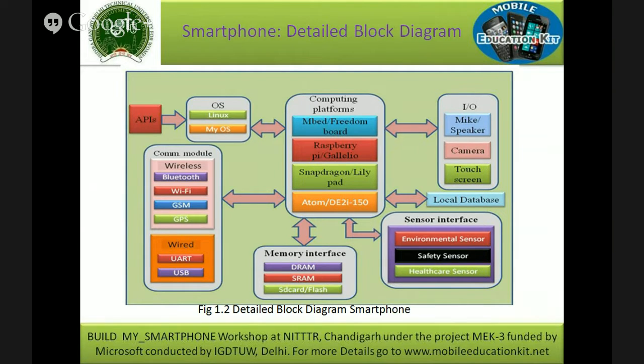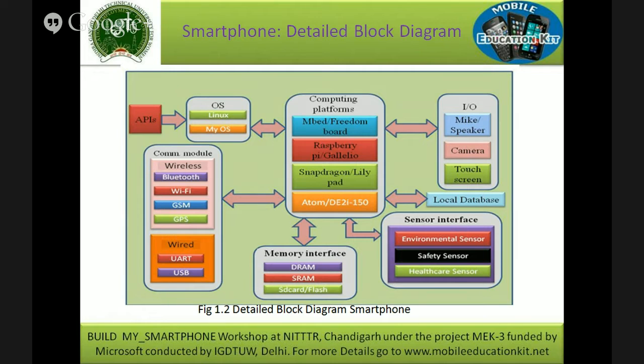Take note. As I said, for any computer we need to have a processor, and you need to have a computing platform for that. So let's say I want to design a smartphone. I need to choose a computing platform for that, because in this course I'm not going to design any individual components for my smartphone design. Rather, I'm going to choose the right components from the families existing across the world, and finally bring them into my smartphone design. So in that aspect, this block diagram is derived.